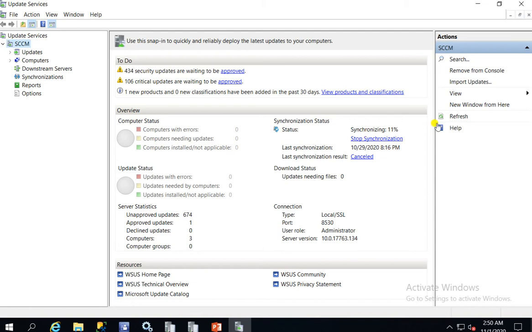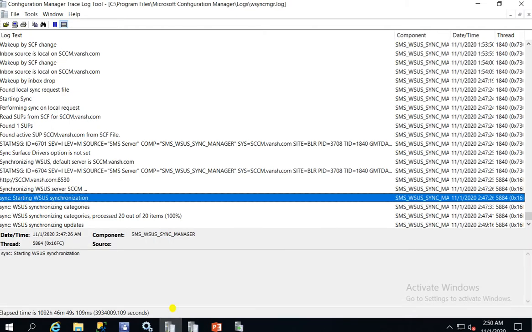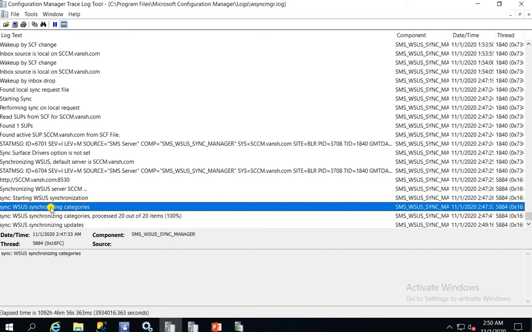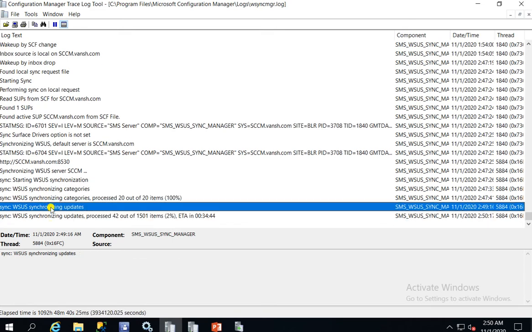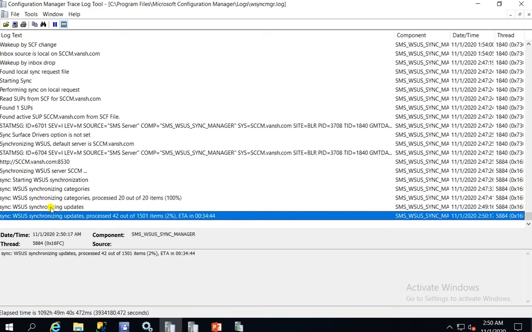But let's see how much time it will take. Now it's completed 11%, and when it is more than 10%, then it will update the logs as well. So here you can see some logs are updated, and it's showing synchronization proceed updated 42 out of 1500.